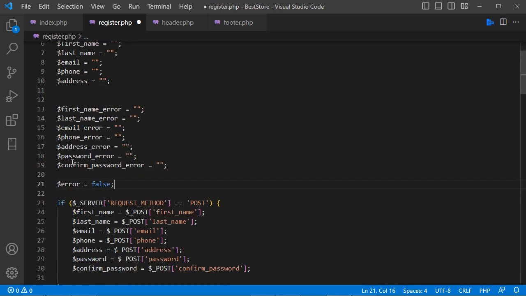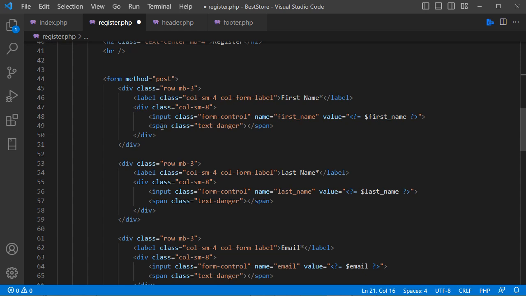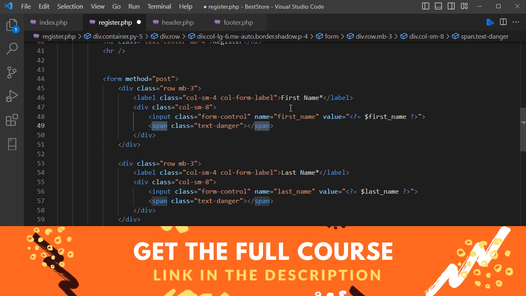So we can create these variables to display the validation error of every field, and you can create this boolean to know whether we have any validation error or not. Then let's display these variables into the span of the different input fields. So we have this first input field that will be used to display any validation error related to the first name. So just here we can add the PHP tag